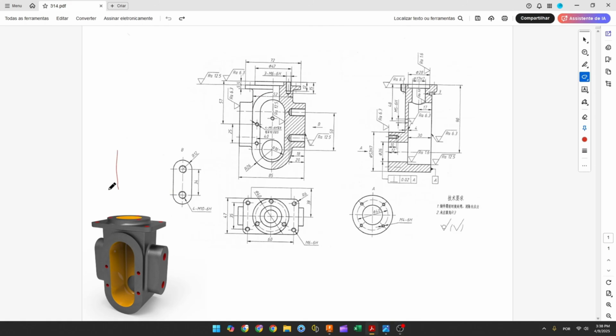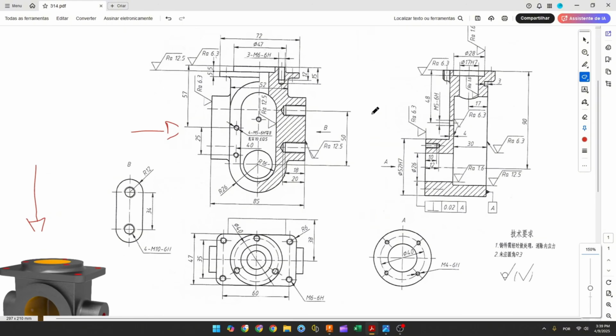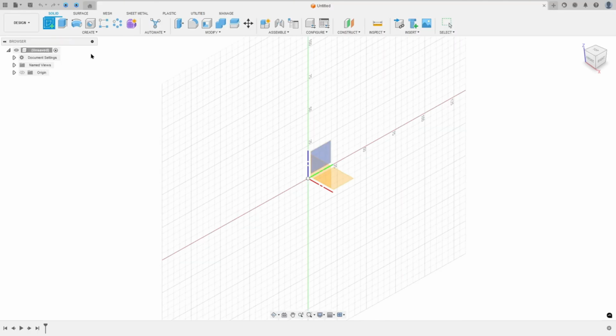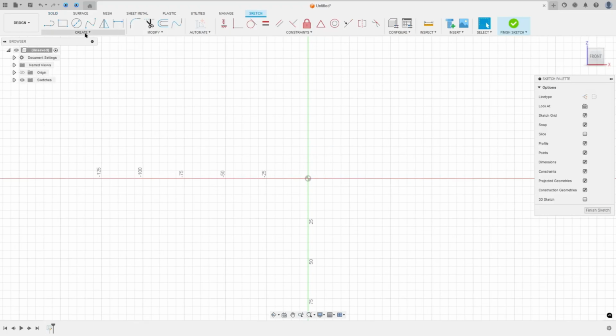The first step to create this part here, we will select the front plane and make this sketch. Here will be our midpoint, and the first thing that we'll make, we will create this slot here with 16 millimeters of radius, and the distance between the centers is 50 millimeters, and the other slot here with 26 millimeters of radius. So open the Fusion, go to create a sketch, select the front plane, go to create,